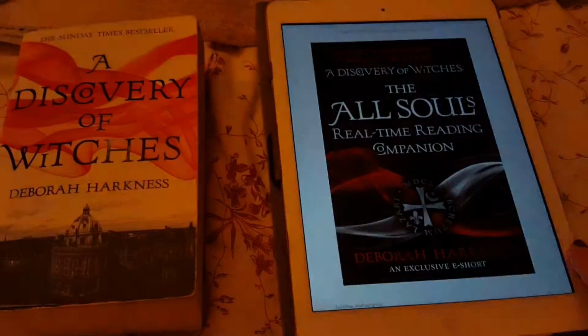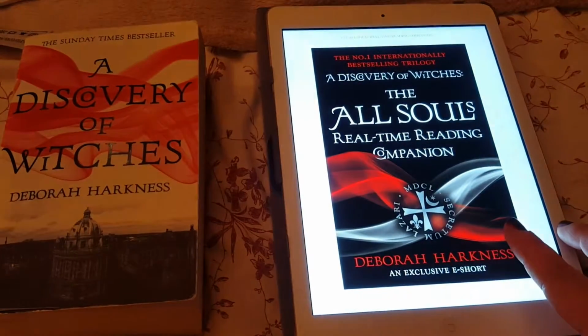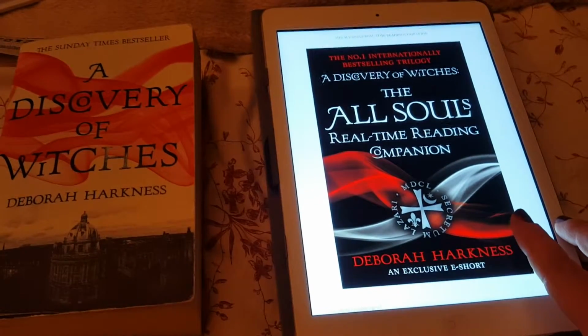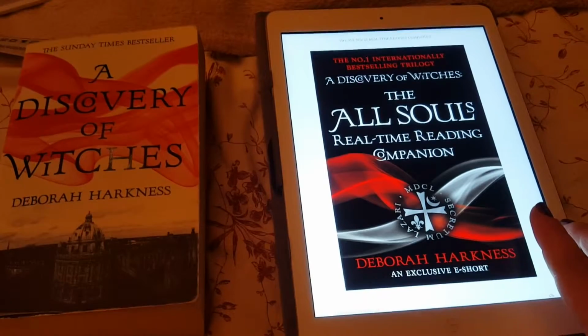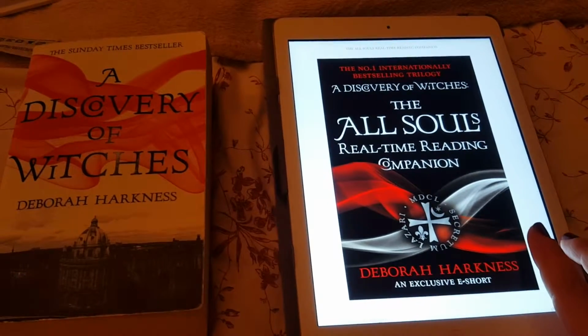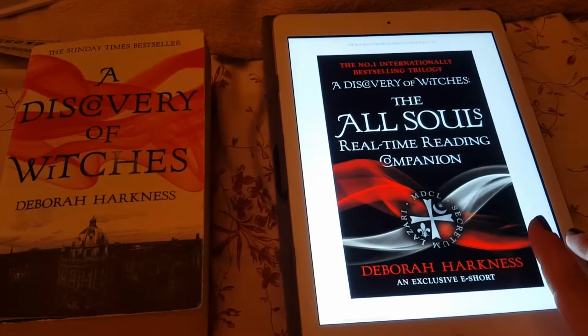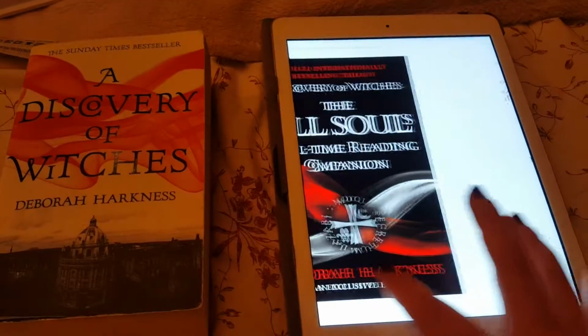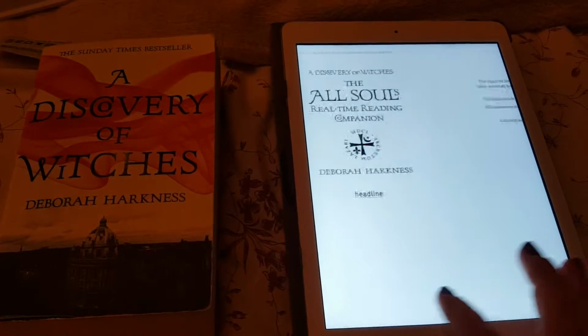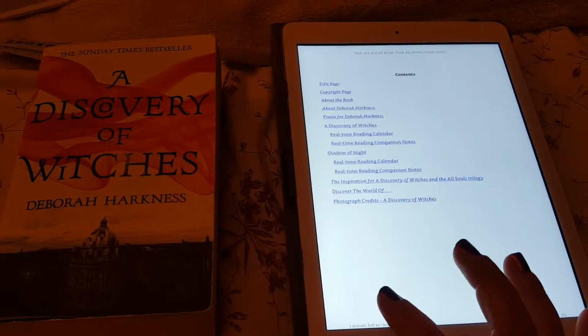It doesn't cover the Book of Life, unfortunately. I don't know if they are going to update it at some point. That would be great. But it does cover Discovery of Witches, and it does cover Shadow of Night, which is great. So in here, you'll find